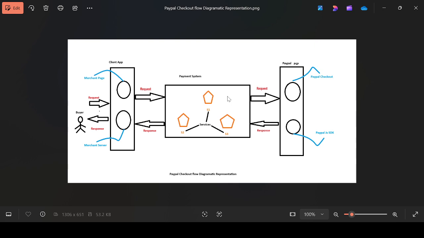Like in this we can see that a client application has two things. One is the merchant page, another is the merchant server. The merchant page is nothing but the client application's front end side, and the merchant server is nothing but the back end side. And this payment system is